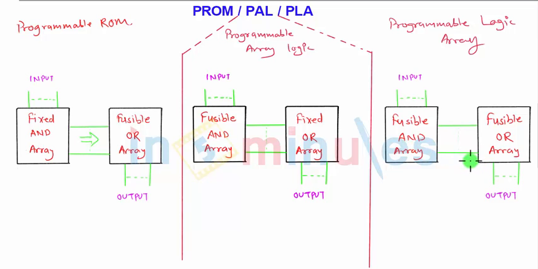It is complicated to utilize this one, particularly the PLA, because it has the number of fusible links doubled, because fusible links are present here also, fusible links are present here also. What will happen, you need to find out all the fusible links, and the fusible links which are not used in the particular design, you need to pass the surge current through them to make that connection open, and the remaining connections are the desired connections to use, and you can implement the PLA logic easily.